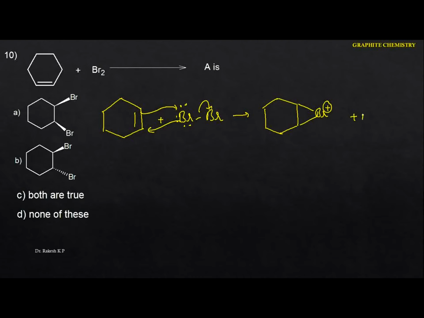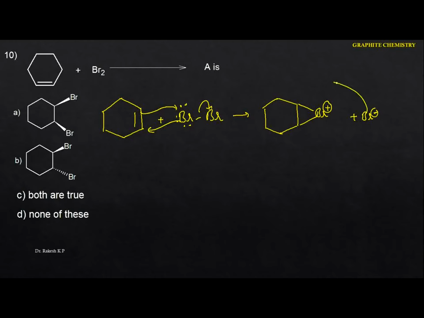And see the next one here. This is the positive charge, that's the Br plus. This is the Br minus here, the negative part. It cannot come to the same side, because of this particular carbon. So the bromide ion cannot attack this carbon, maybe this one or this one, on the front side, because this front side is completely blocked by the bromine atom here. Hence we can identify the attack will be from the back side.